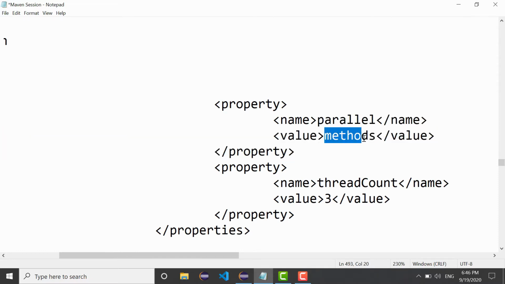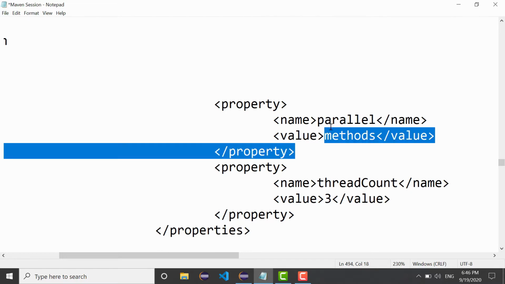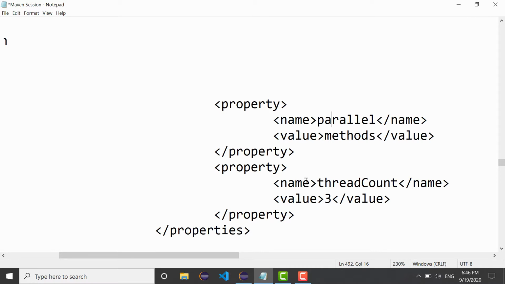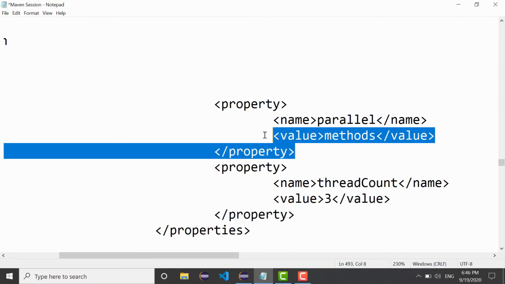This value can take classes, methods, and tests, which we will see later. The second property is thread count. That depends upon your computer processor and how thread count management is processed, but it is an important factor.